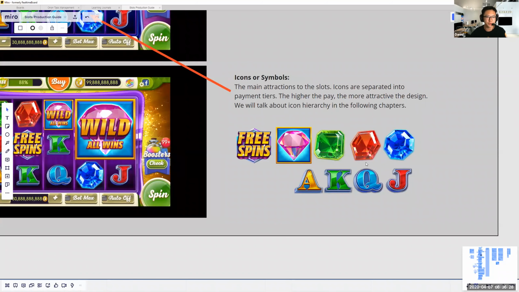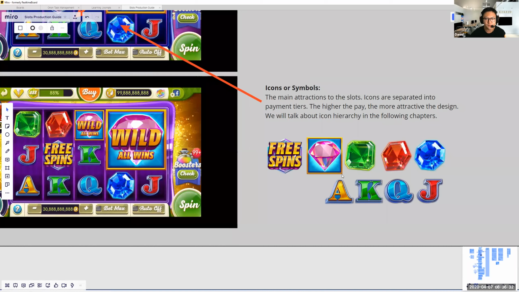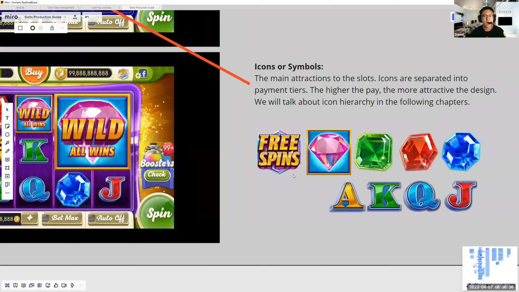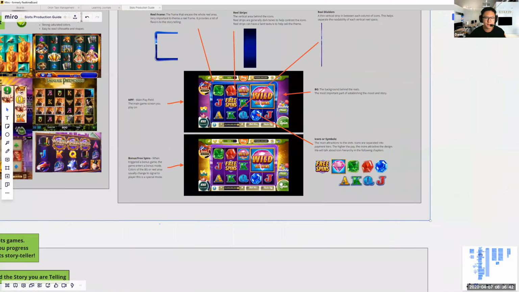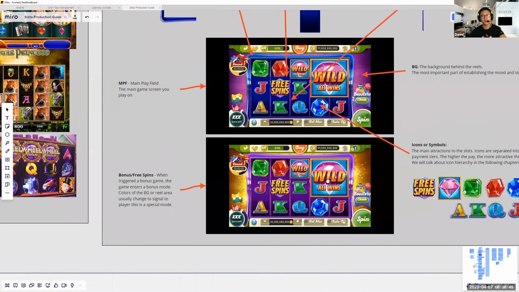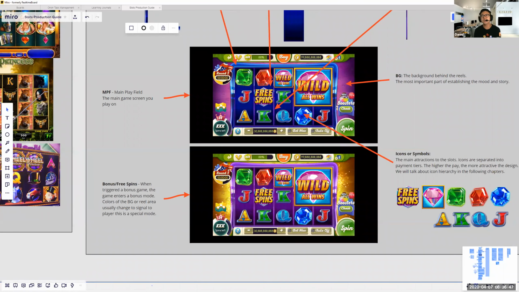They fill the stories with meanings. Then we have trigger icons, or we would sometimes call them bonus or free spins. They're the most desirable icons, like free spins, wilds, or jackpot winning symbols. Something really interesting for you to note is that in the legal gaming industry, real money